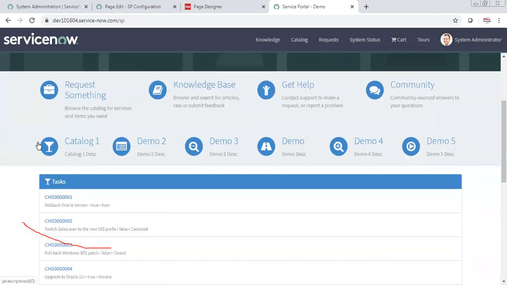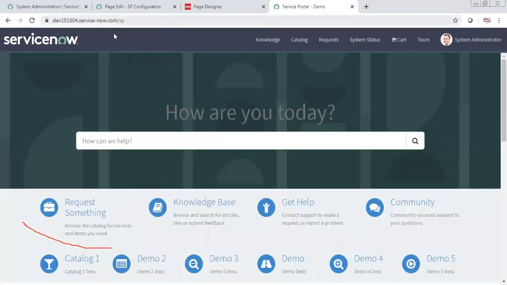I need to give the link of that page, because the user is always going to come to this page first, because this is the landing page of the service portal. So the page which we designed should link somewhere here, right?